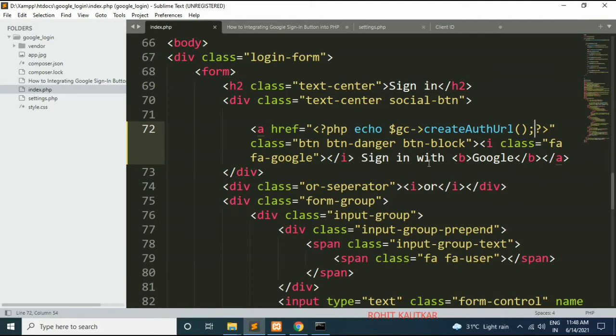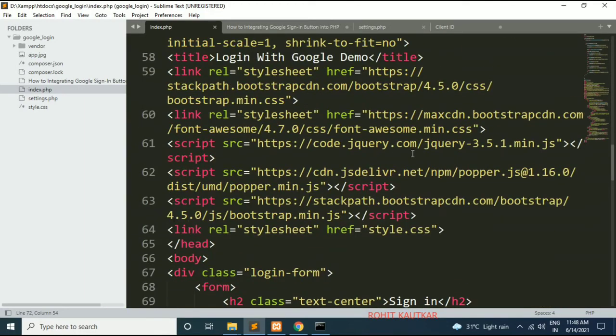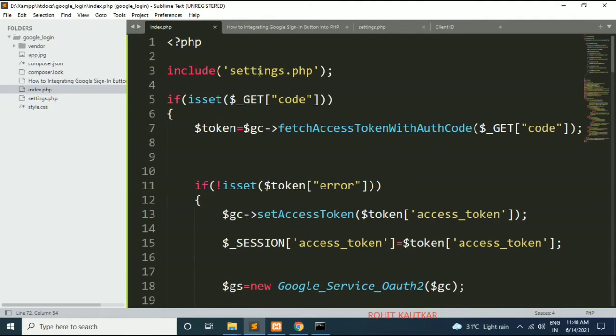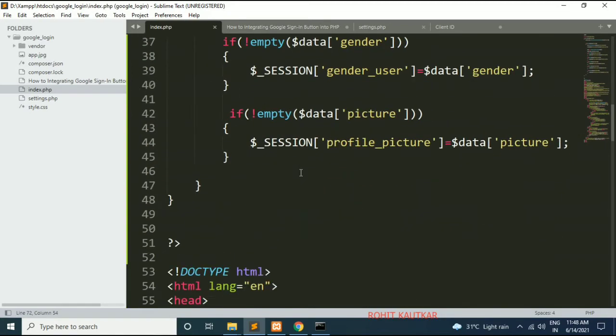Friends, next to this we will test whether the session variable access token is set or not. If the access token session variable is set, it means the user has successfully logged in, so we will be able to redirect him to the dashboard.php.